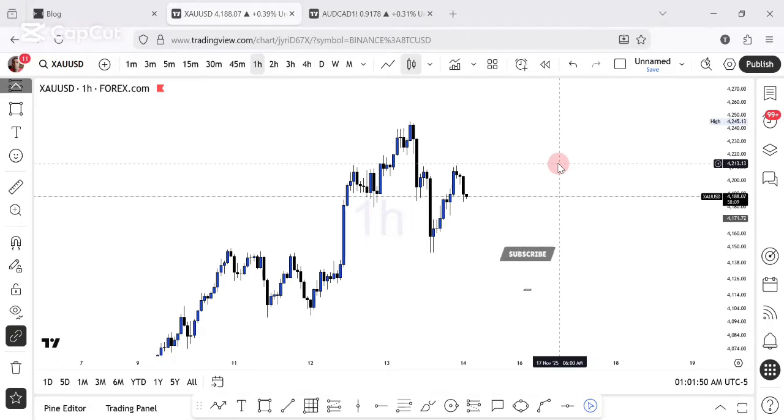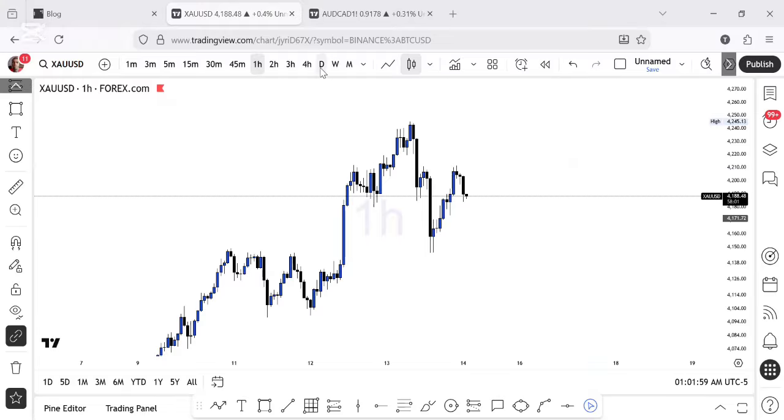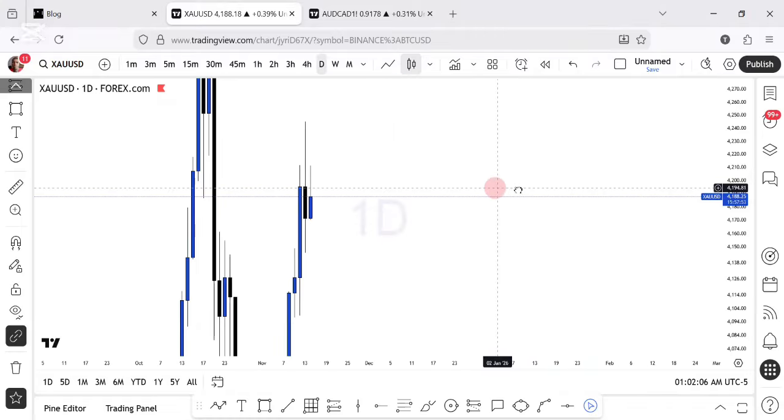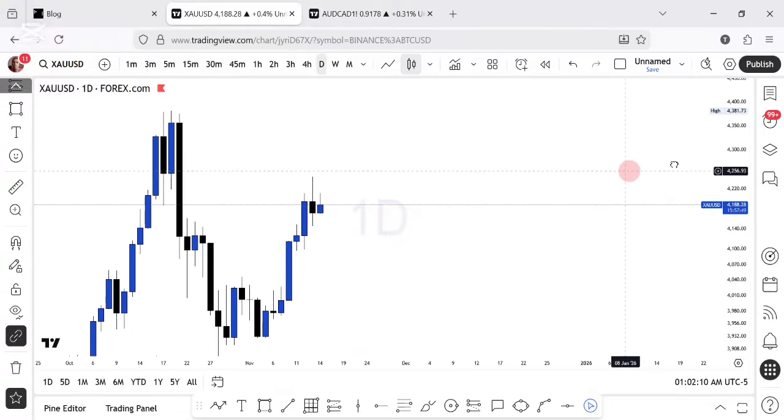Alright guys, in this particular video, I'm going to break down what I'm expecting on gold and how we can leverage this opportunity. So the first thing I want to do is go to my weekly or my daily time frame. So let's go to our daily time frame to see what we are having. On the daily time frame, you can equally see that I'm having a CRT here, a daily CRT, and